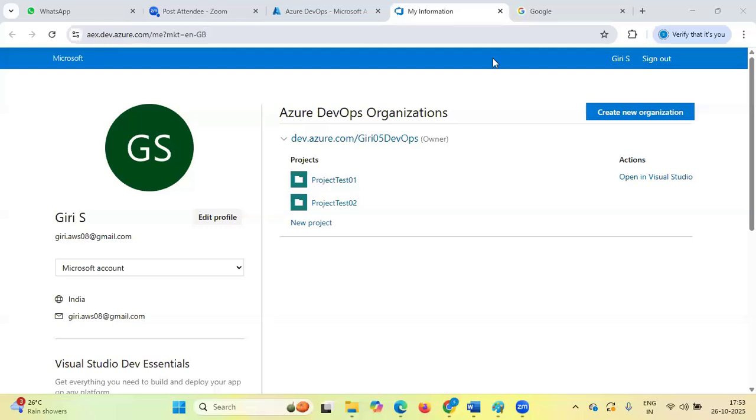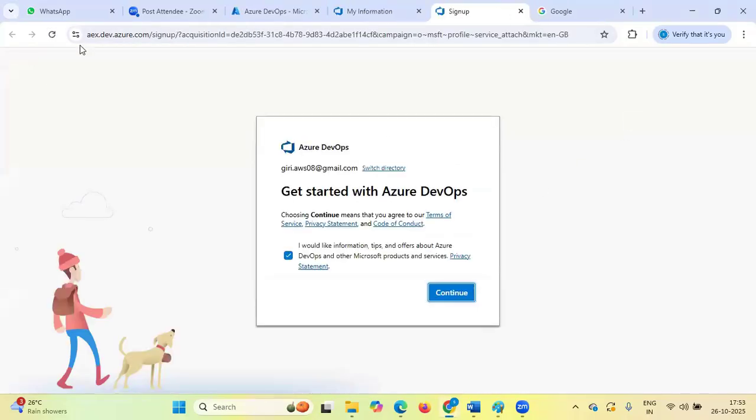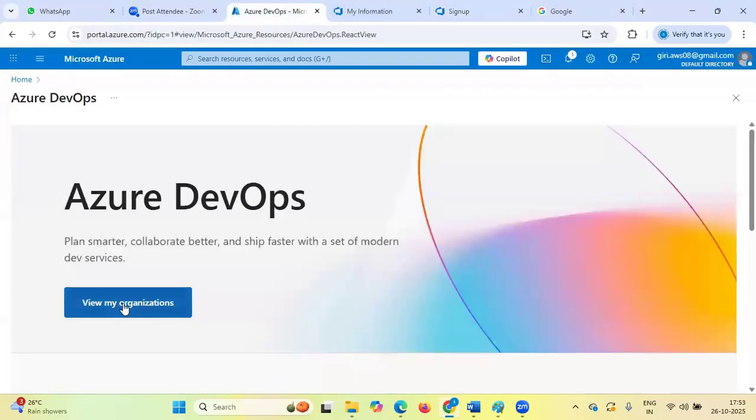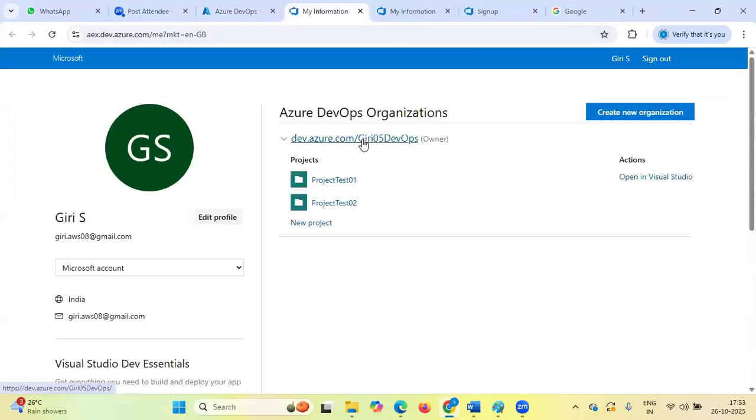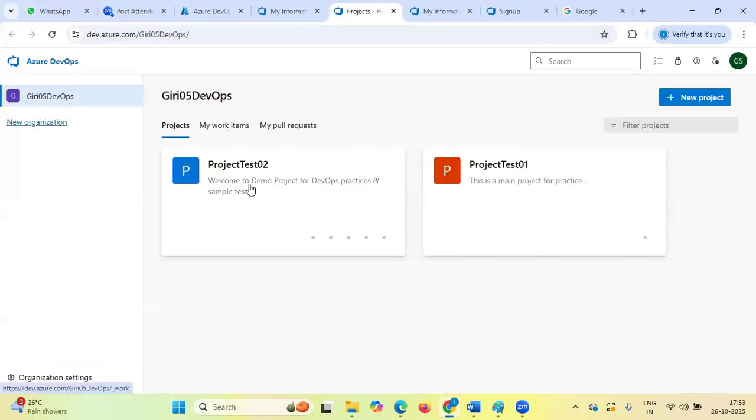We'll do some hands-on. First of all, in Azure DevOps, you can see this is dev.azure.com. How to create all this, I will explain to you in detail. First of all, for doing any project, we have to create an organization. In this way, you can create the organization. Let us use the existing organization only. Here there are already projects. If you want to work on Azure DevOps, we have to create the project. On the left-hand side, you can see there is a plus New project.